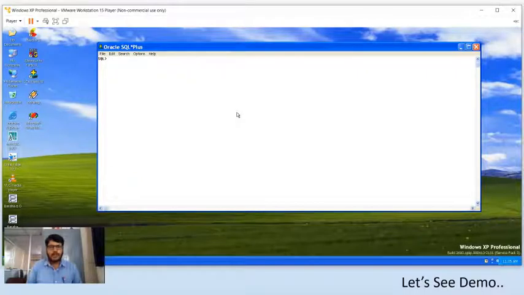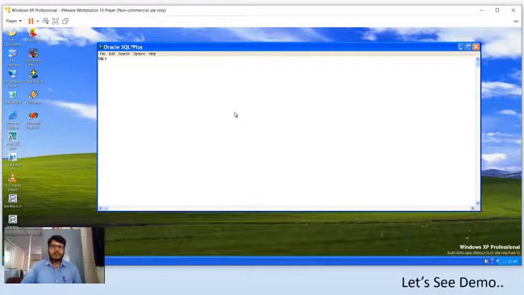Sometimes they may ask a single table to create, or sometimes they may provide multiple tables to create. Okay, they may ask you to create 2 tables. At that time, you need to create 2 tables first, and after creating a table structure, you need to insert minimum 5 records in each table.